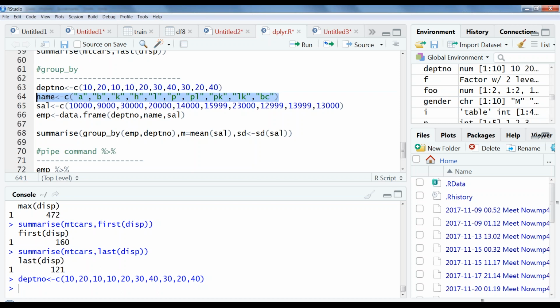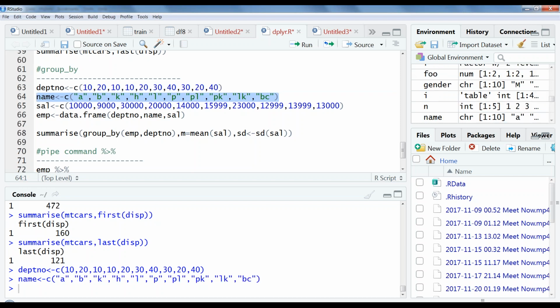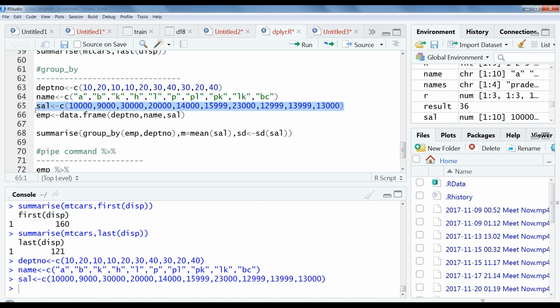These are the names, simple ones like A, B, K, H, of 10 employees of the departments. Then their salaries, also in a vector. So I have created three vectors: department number, name, salary.